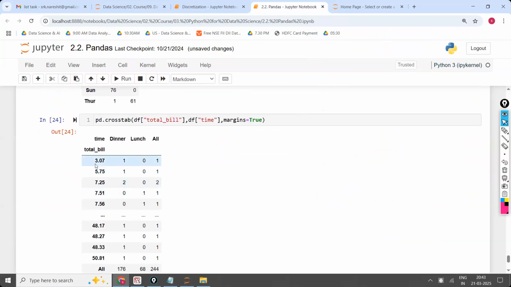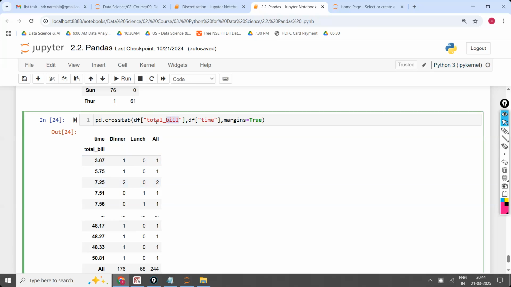How many people made a total bill of 3.0 at lunchtime, or 5.75 at dinnertime? There will be no use. It will be applied, but it is not useful, because here we want to know how many people at dinner time made a total bill of 0 to 10. That will have use. Less than $20, that will have use. So before applying the crosstab on the total bill, we have created one new column